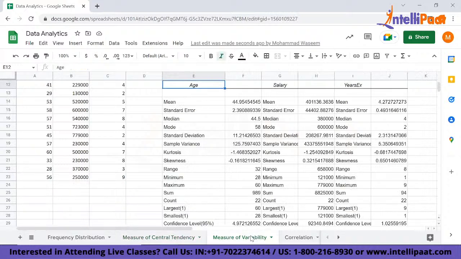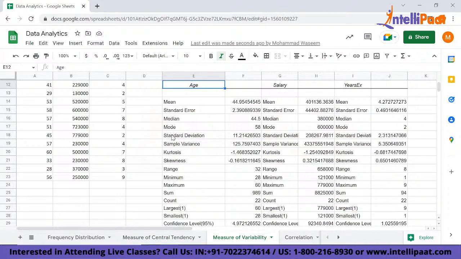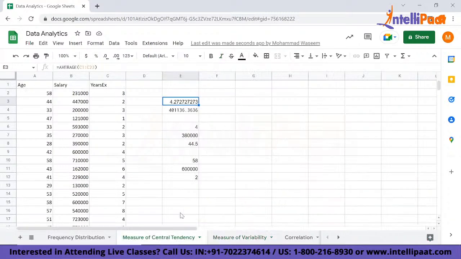So we'll just check for years experience, the mean is 4.27, like we have calculated over here. And the mode for all these columns, 58, 60,000, 600,000, and 2, that is also there, the mode for the years experience column. Alright, so the thing is, we were calculating these values by using all these functions, but